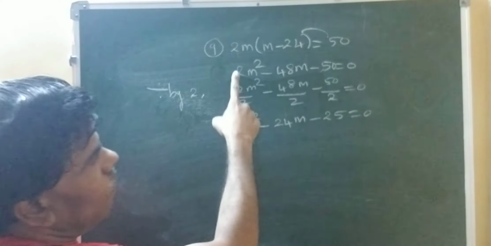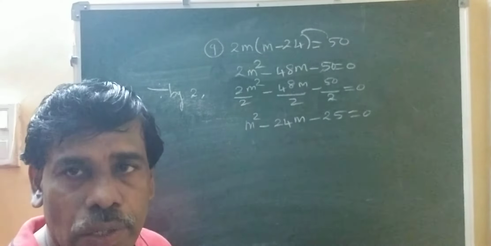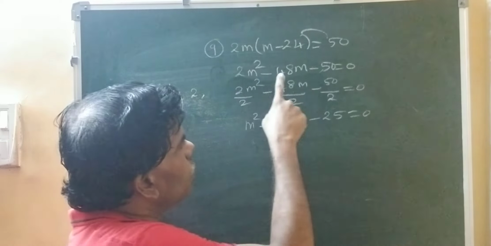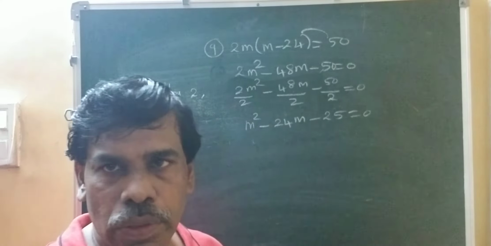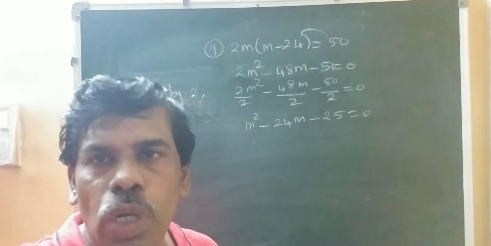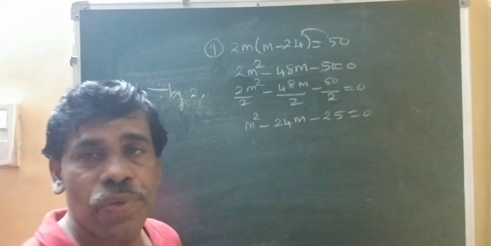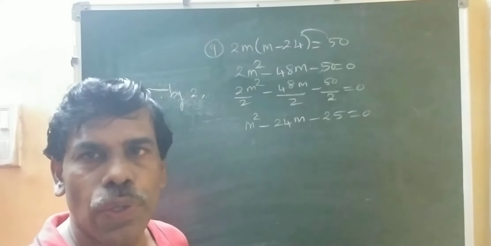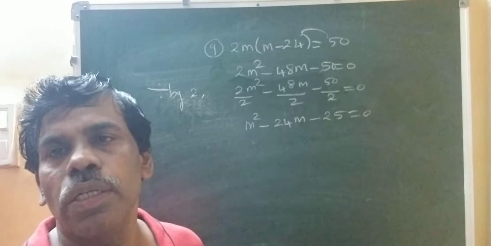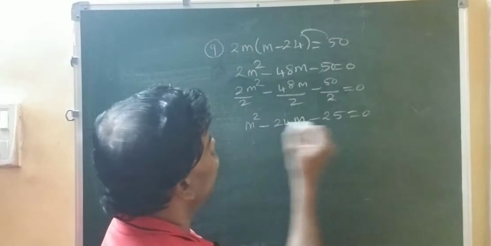Every time you have to see whether all are having a common factor. If these are having a common factor, even then you can divide the whole equation by that common factor, so that you will get smaller coefficients. Then it will become easy for you to get the factors. Okay. So now